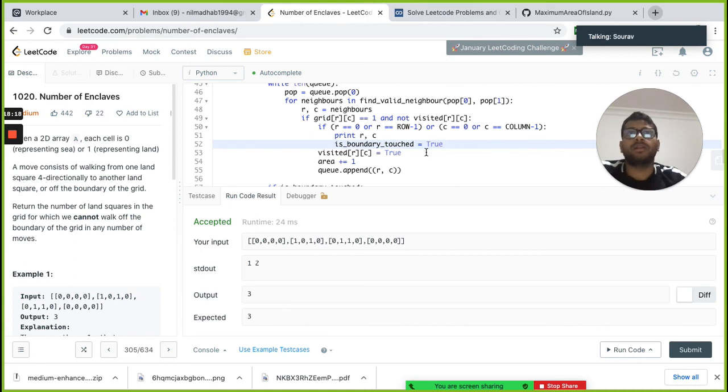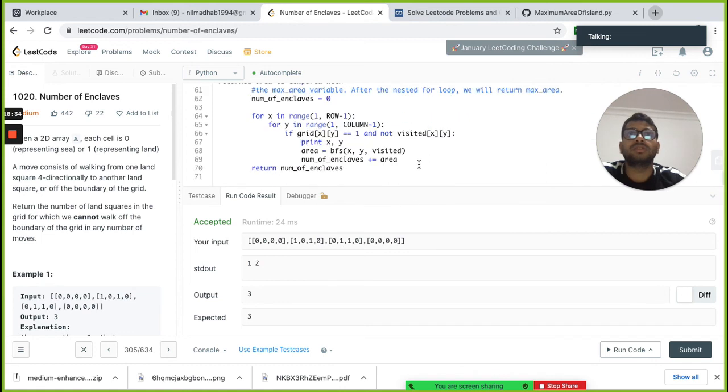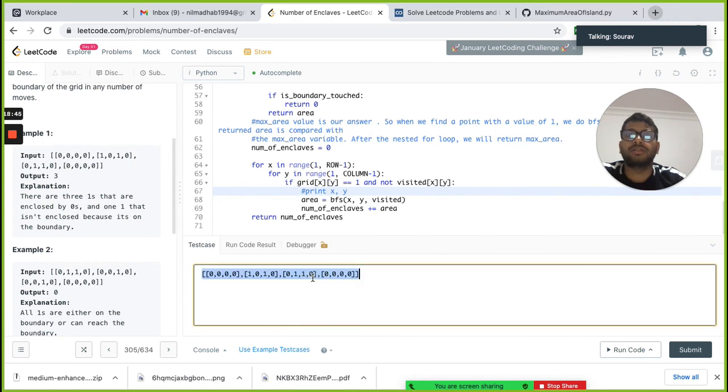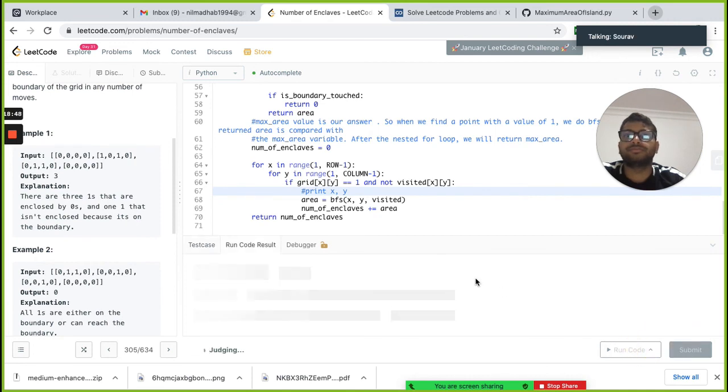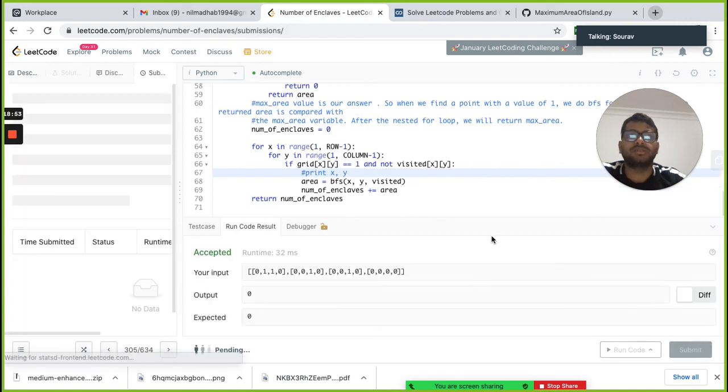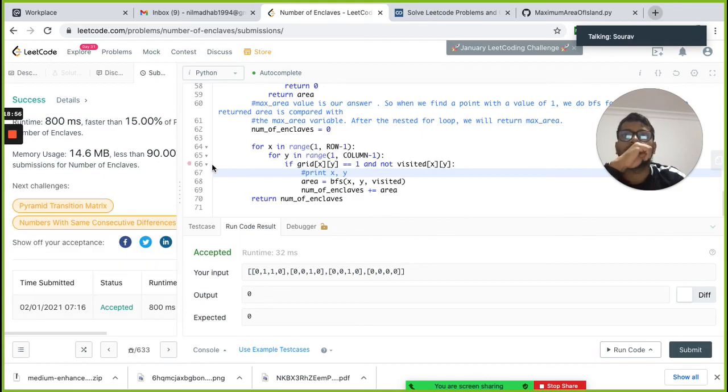Yes, because we only need to consider r and c which are 1, because of the valid neighbors, right? So now let's try to submit it and see. Let's also run for the second case. Okay, it's also running. I'll submit it. Okay, we got success.